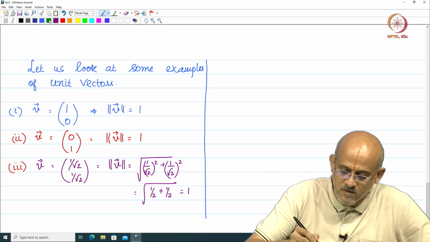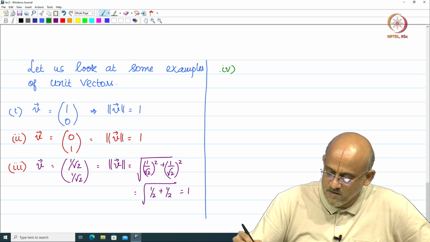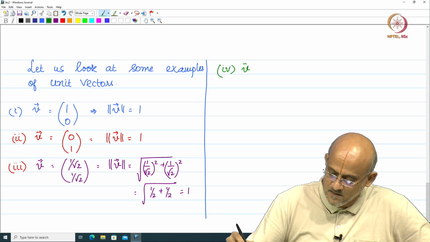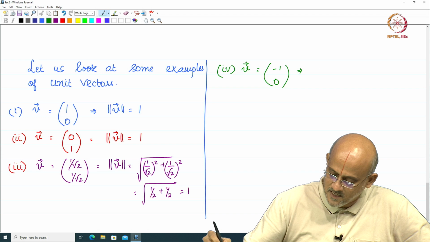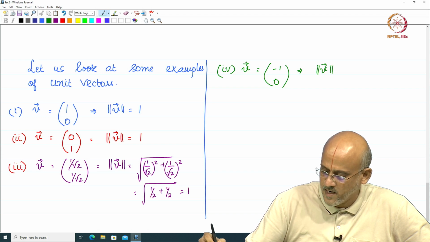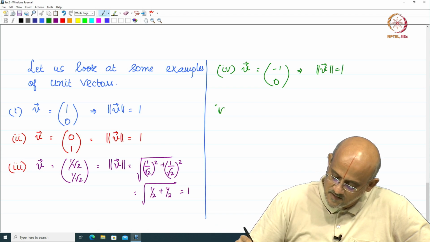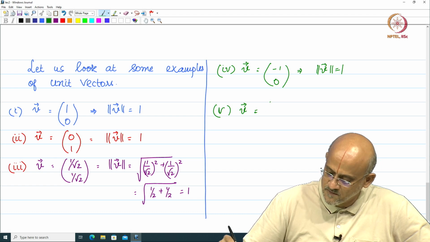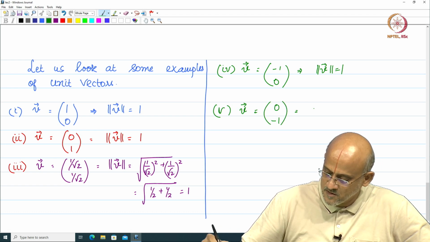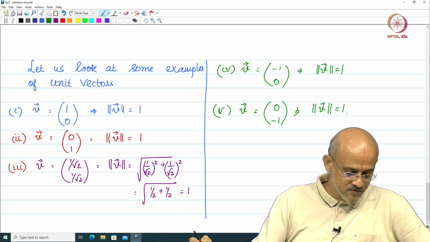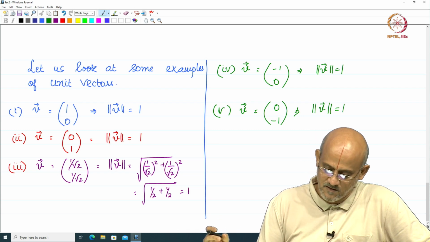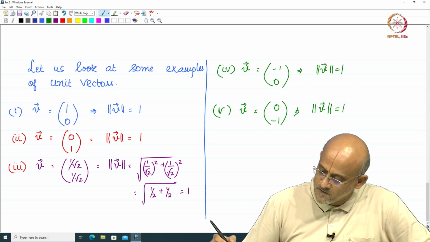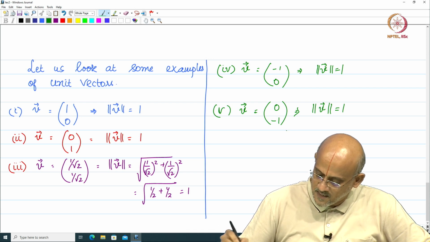Let me take one more case, where V is going to be (-1, 0). This also has the norm which is equal to 1. Let us take this case where I am going to define V to be the vector (0, -1). Here also the norm of this vector is equal to 1, and therefore we have different representations of that. We will have different unit vectors that you can have, and what I am going to do is look at